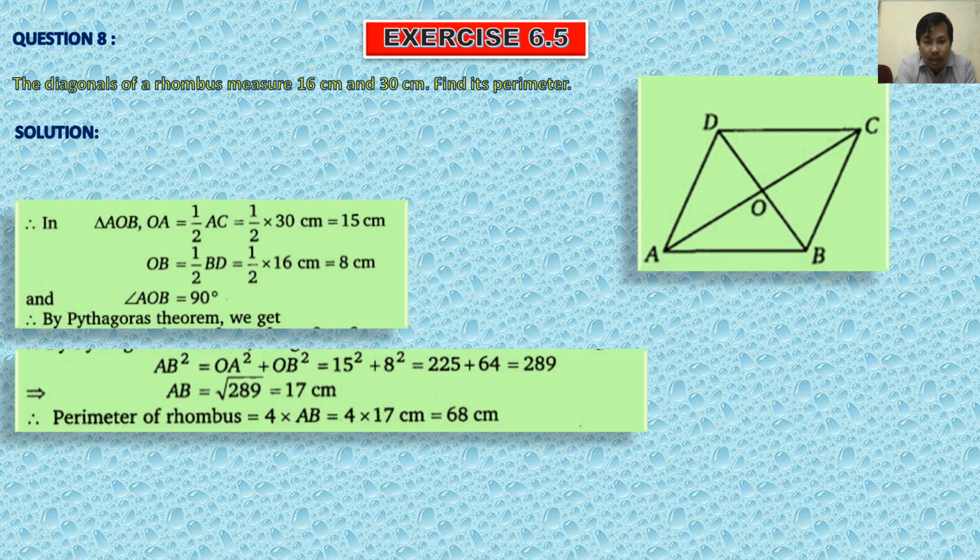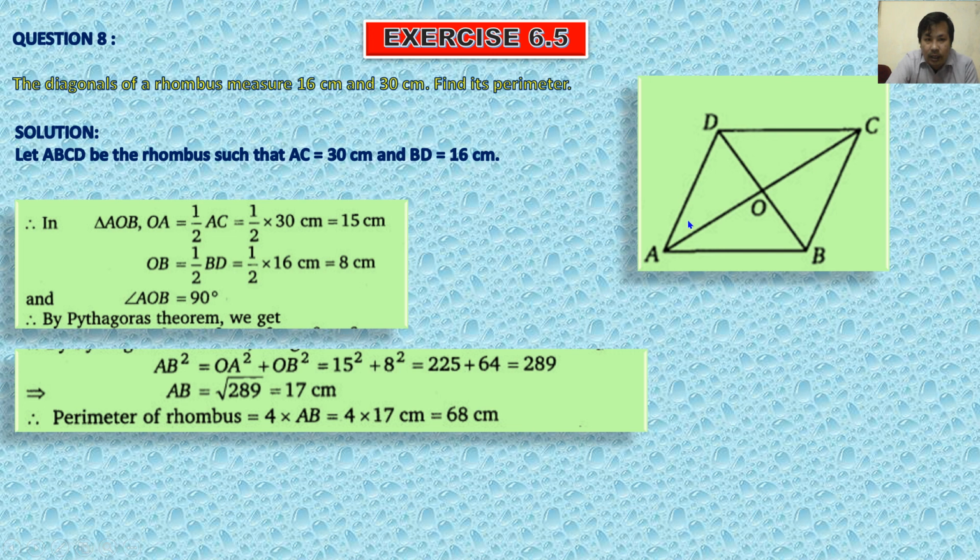Already I have given the solution here. In the solution, we have like this. Let ABCD be the rhombus such that AC is equal to 30 centimeter and BD is equal to 16 centimeter. It is given in the question itself, isn't it? Therefore, in the triangle AOB, just see here,